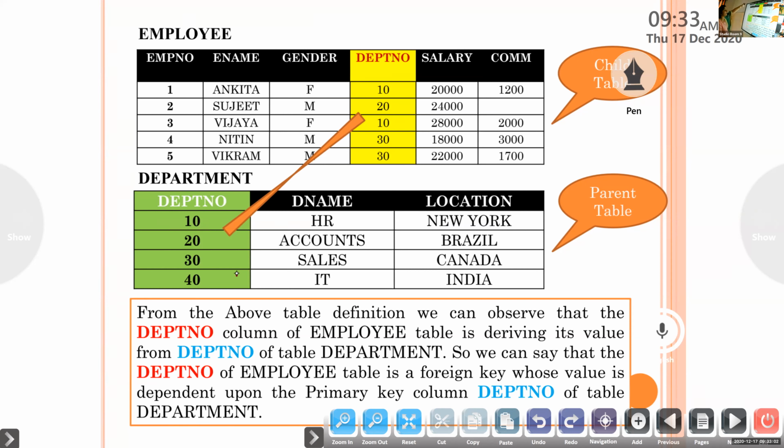In employee table, which is the primary key, Ekna? The primary key is EMPNO. Because it is not repeating, it doesn't have any empty values. In department table, which is the primary key? Department number, DEPTNO. Again, it is not repeating, there are no empty values. So one table can have only one primary key, one and only one primary key.